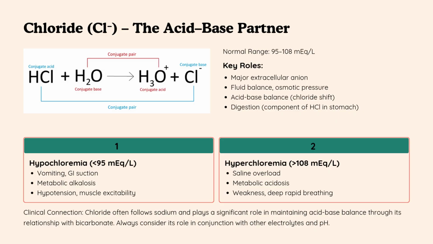Next is chloride. Chloride is a major extracellular anion maintaining electrical neutrality with sodium and calcium. It regulates blood volume, pressure via osmosis, and pH via the chloride and bicarbonate shift. Inverse exchange in kidney and red cells. I don't want to go more deep into it, but